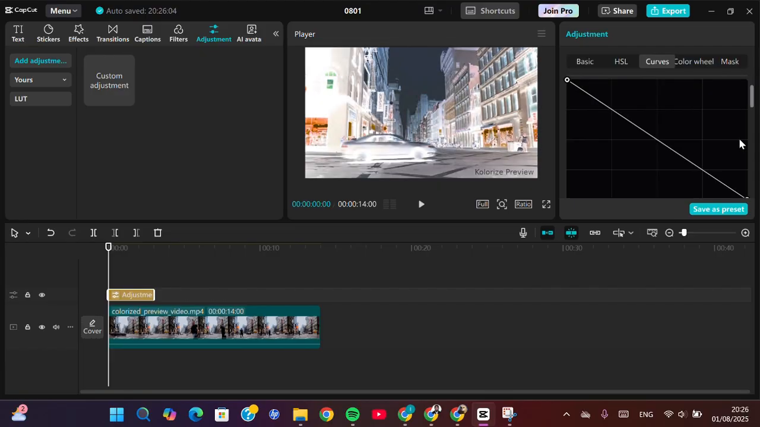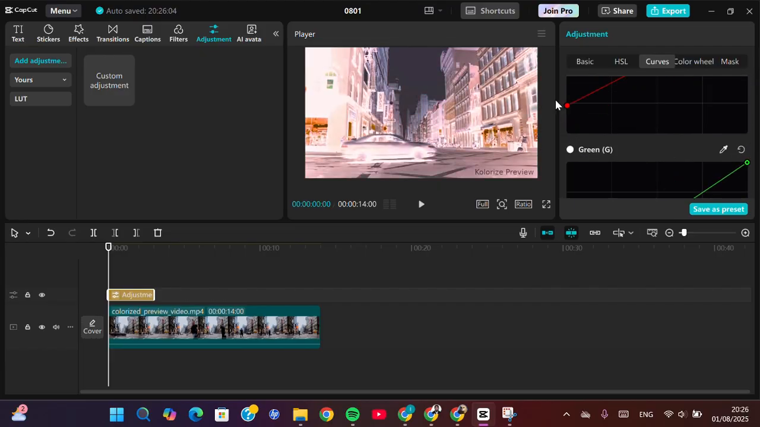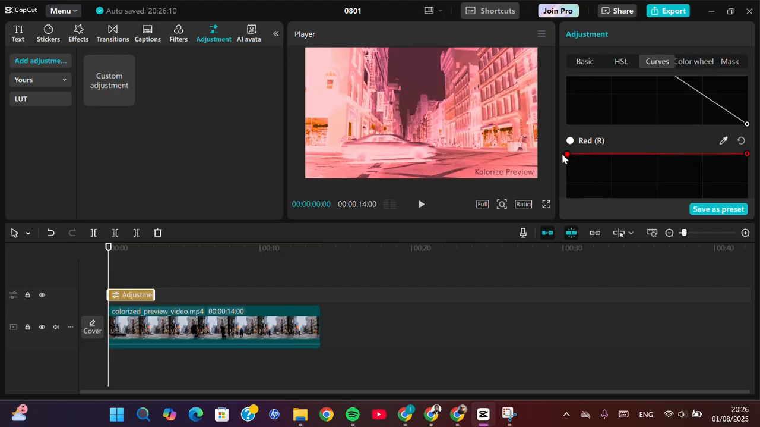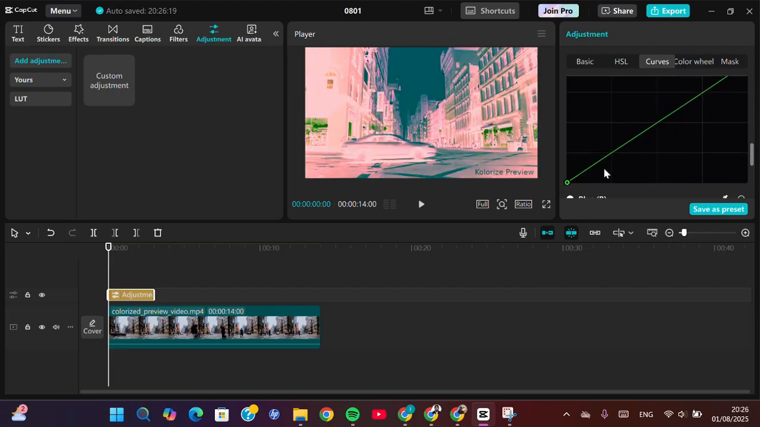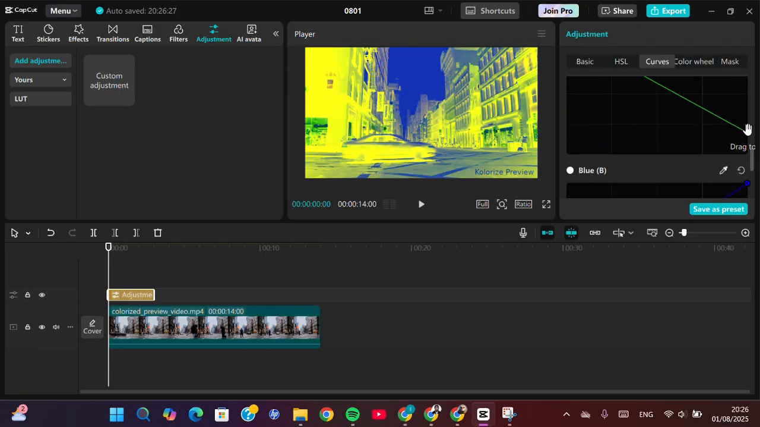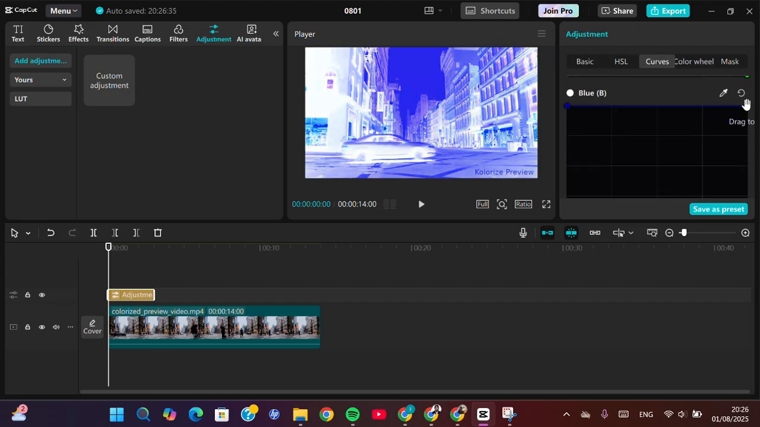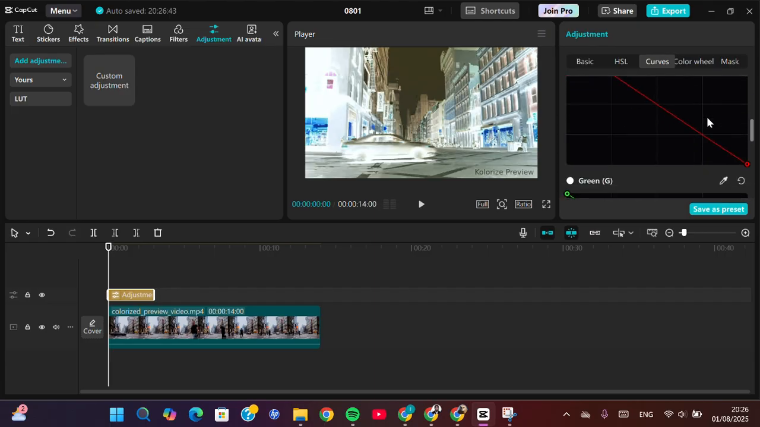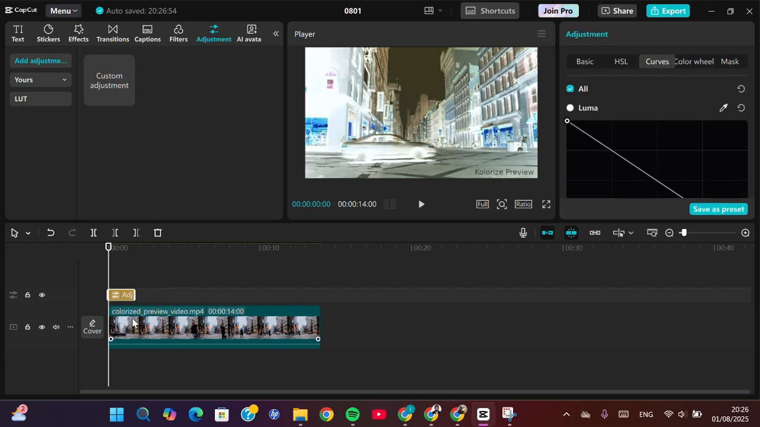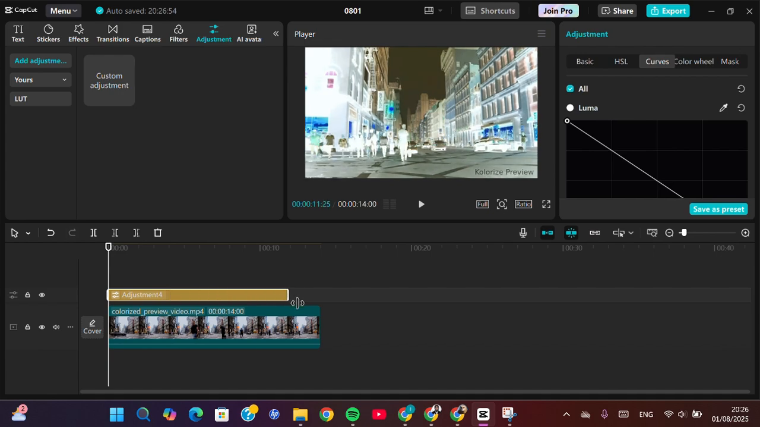You can adjust it like this for the white color, the red color, and then also the green color, then the blue color. Okay, done guys. We can copy this adjustment, and then we're going to extend the effect. We're going to apply the effect to the whole of the video,